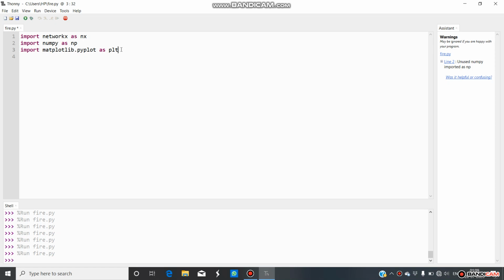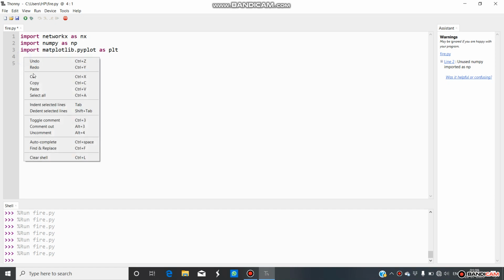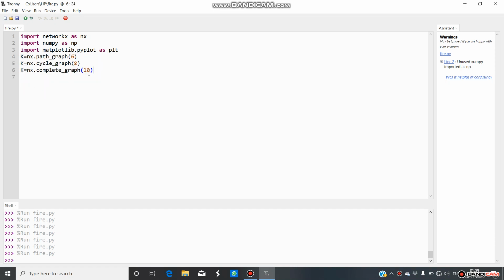Now, the command for creating the graph is k equals nx dot Graph. Now, k is the name of the graph.